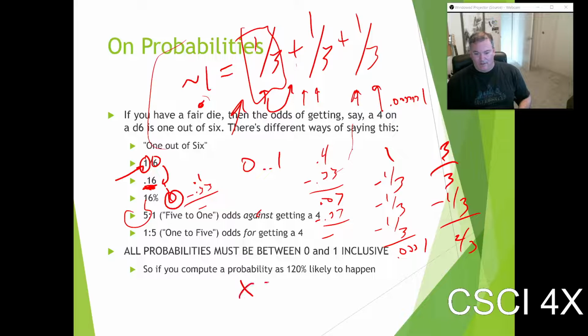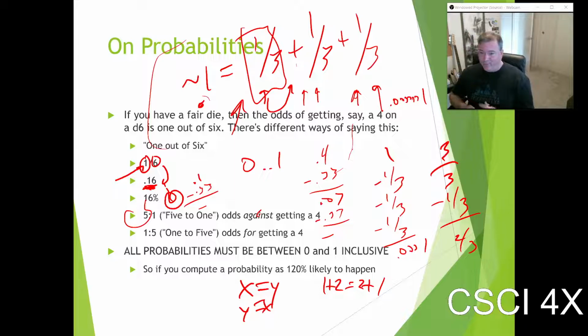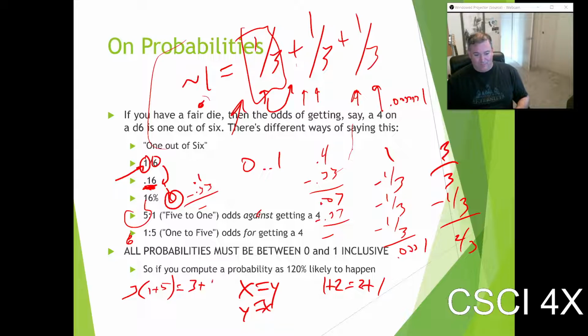X equals y means y equals x. Don't expect that. 1 plus 2 equals 2 plus 1. Don't expect that. It might not. So with floating point numbers, they're all approximate. If you distribute, 3 times 1 plus 5, we would expect that to equal 3 plus 15. No guarantee. Anytime you see an equality in a floating point number,